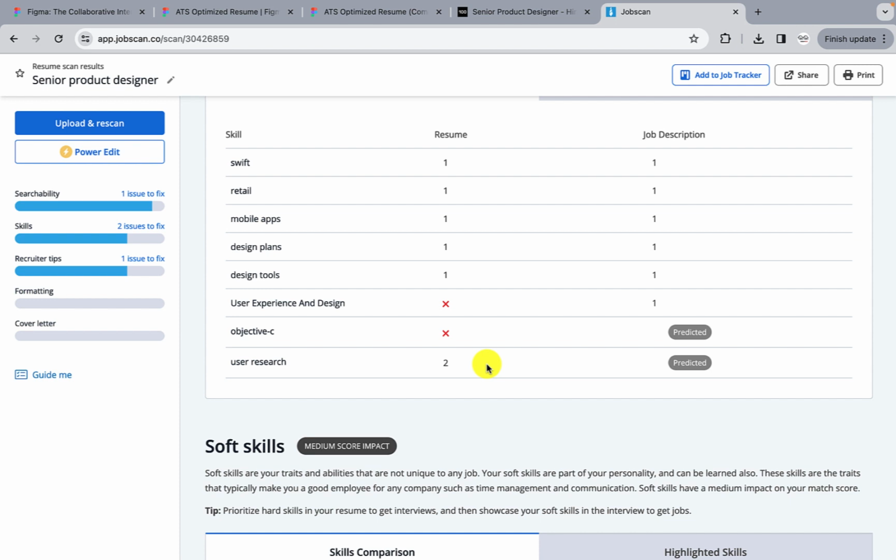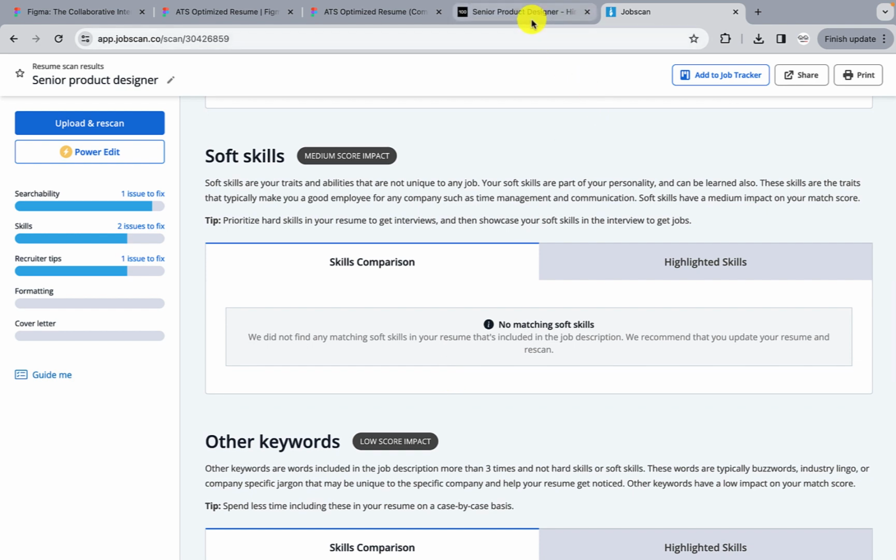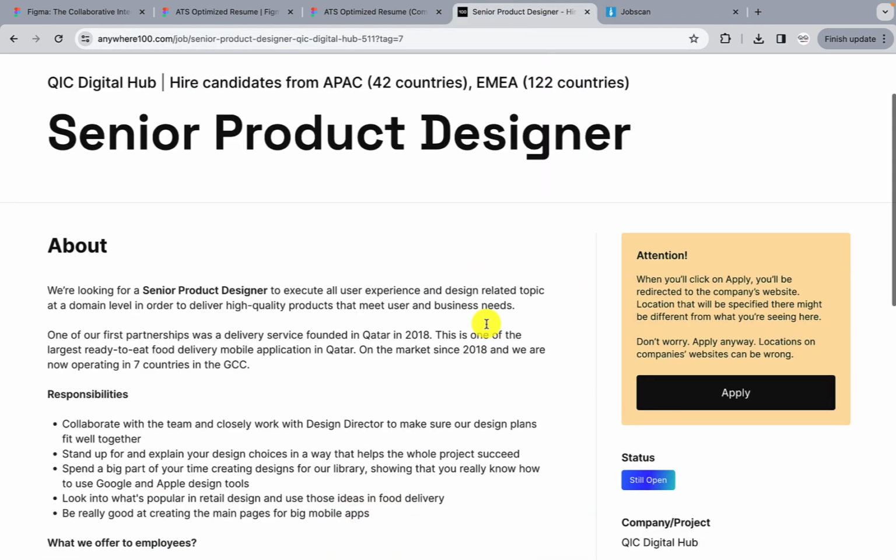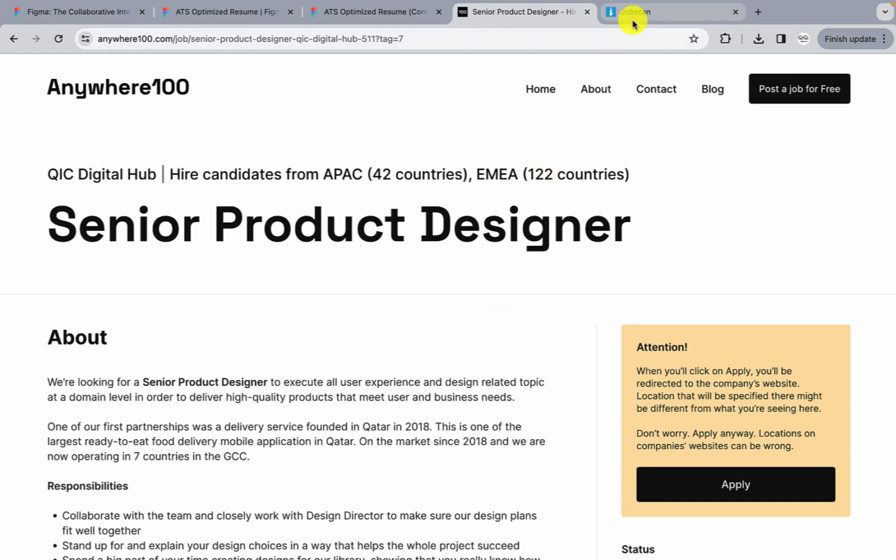Then I can still go further to also optimize. For example, user experience design is not appearing in my resume. I can still add it there. Objective C is not appearing. But at the end of the day, depending on the job, that will determine the resume that you're going